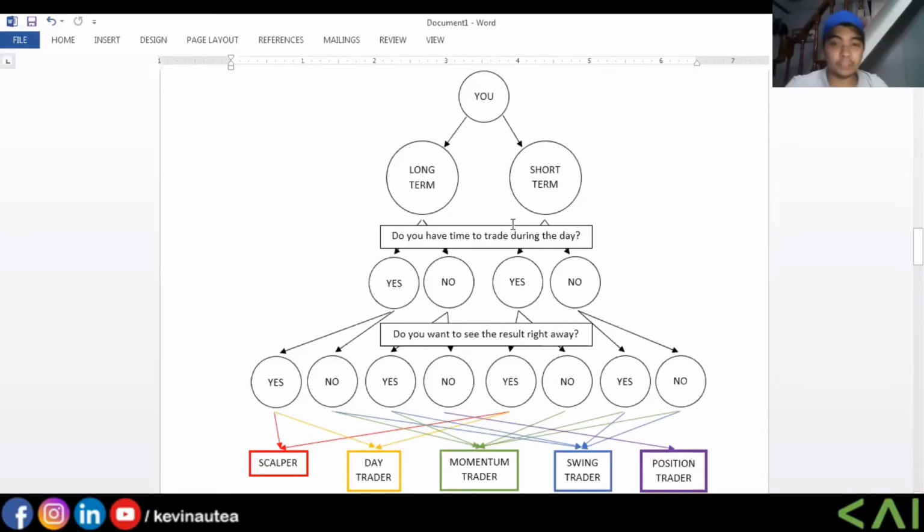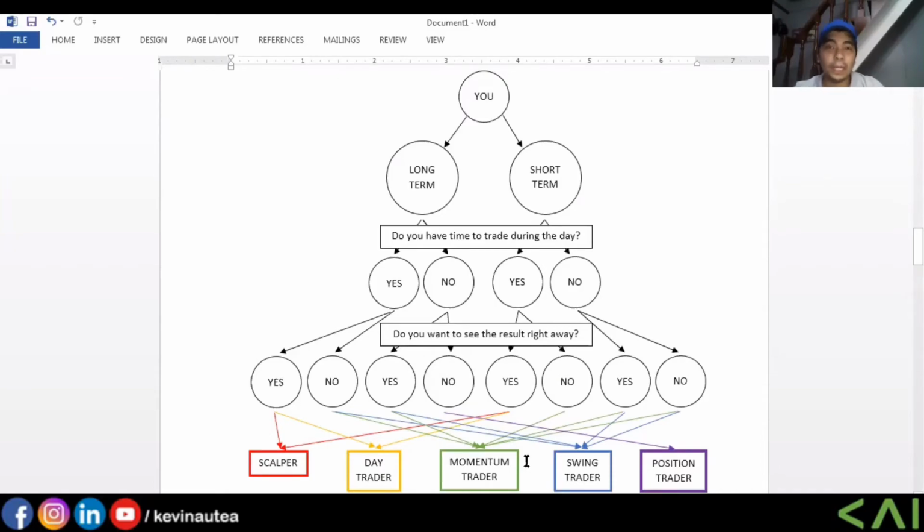Going to the side of the short term, if you have time, yes, you want to see the result right away. Same as this one, scalper and day trader. If you don't want to see the result right away, you can position yourself as a momentum trader. Lastly, if you don't have time during the day and you want to see the result right away, you can position yourself as a momentum trader because during the day, same scenario with this one, you don't have time, yes,